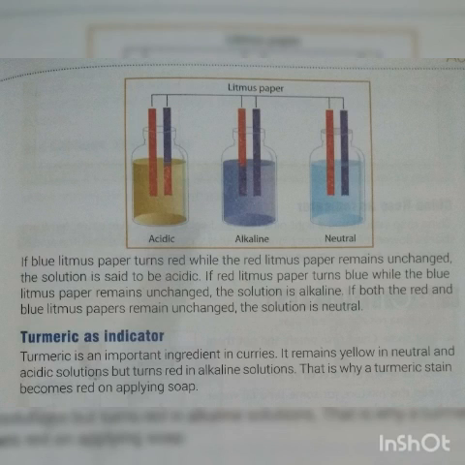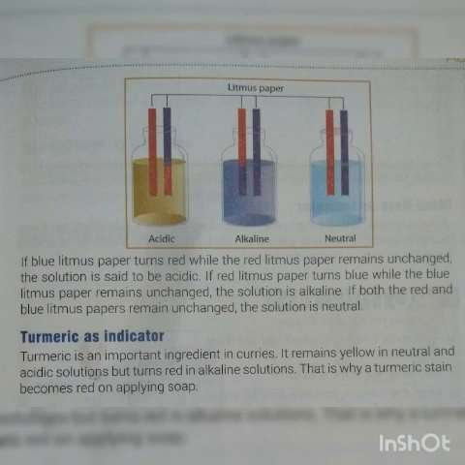Okay, students. Now see in the next page, students, there are three containers. One is acidic, second one is alkaline, which is a base, and third one is neutral. So what does it say? It says if the blue litmus paper is added to acidic solution, it will turn red, while the red litmus paper remains unchanged. That means if you are using blue litmus paper in an acidic solution, it will change its color to red,